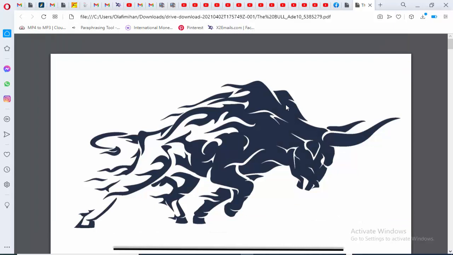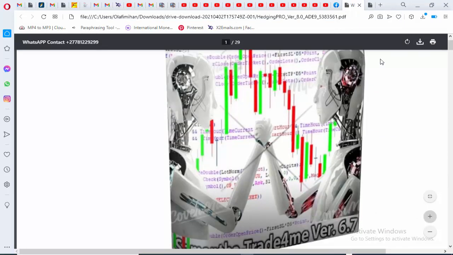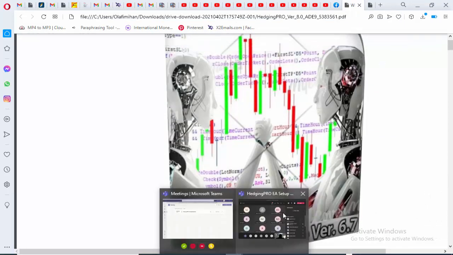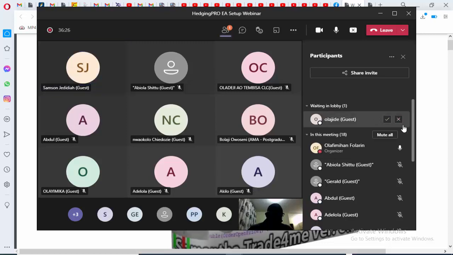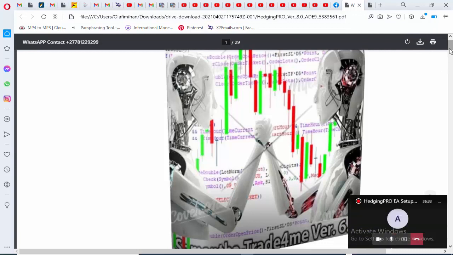We are seeing the Bull manual, but I'll start from the HedgingPRO manual. I think we are seeing HedgingPRO. All of us, can we see the HedgingPRO manual, please? Yes, please. All right, because we are going to start from the HedgingPRO manual. The software was designed in such a way that we don't need anything like indicators, because the way the